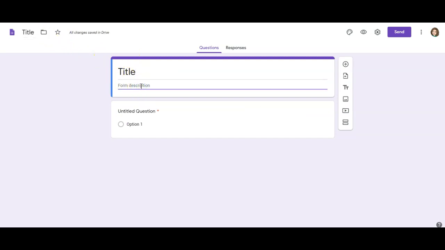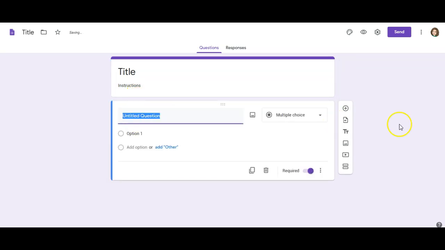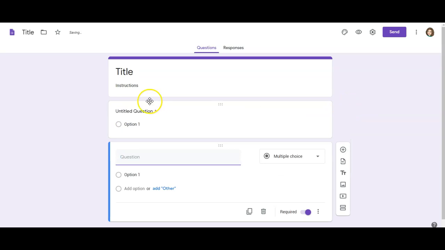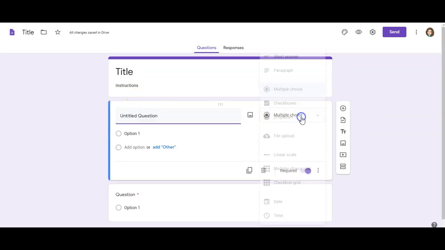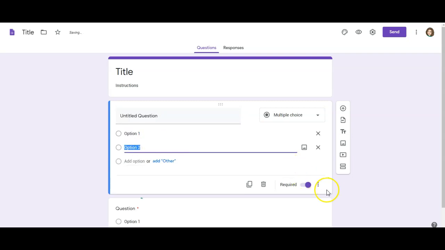You can do form description, so instructions, and your question. You can add additional questions here with this plus, but there's a ton of different types of questions. Multiple choice, this is really nice. So you have your question, your options, and to send them to different sections, you actually got to click add